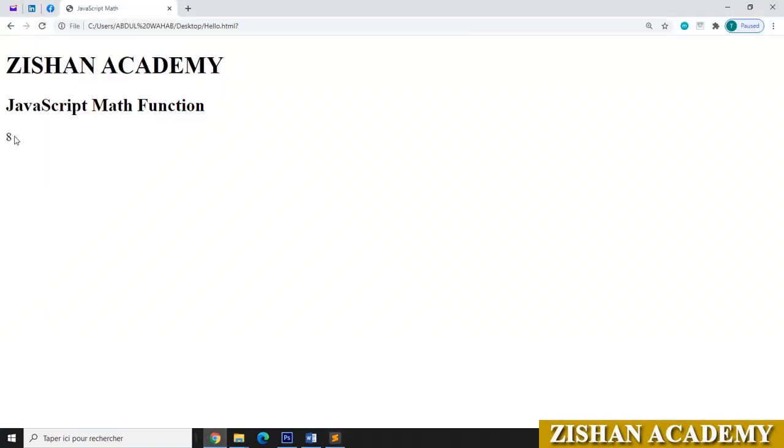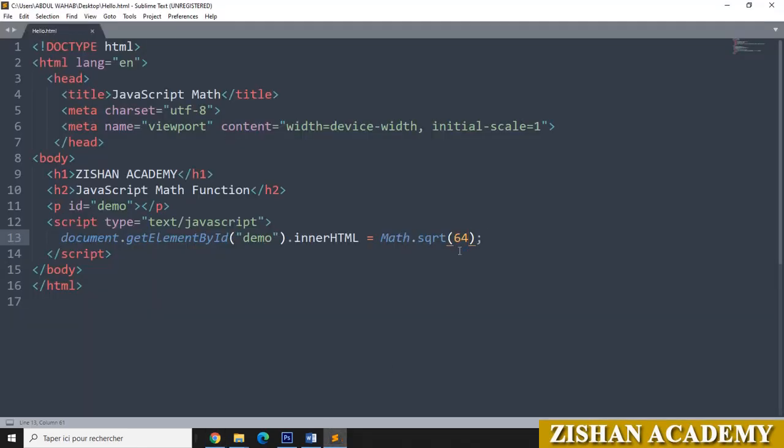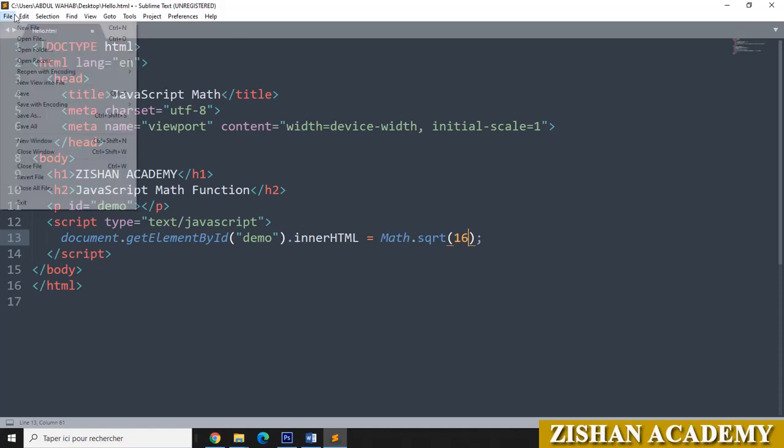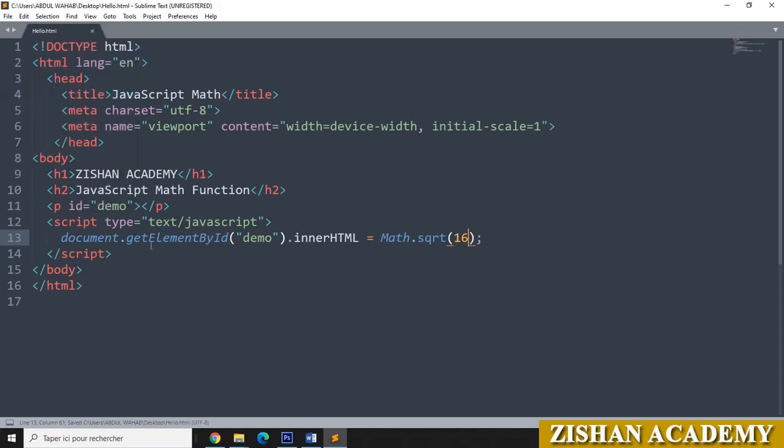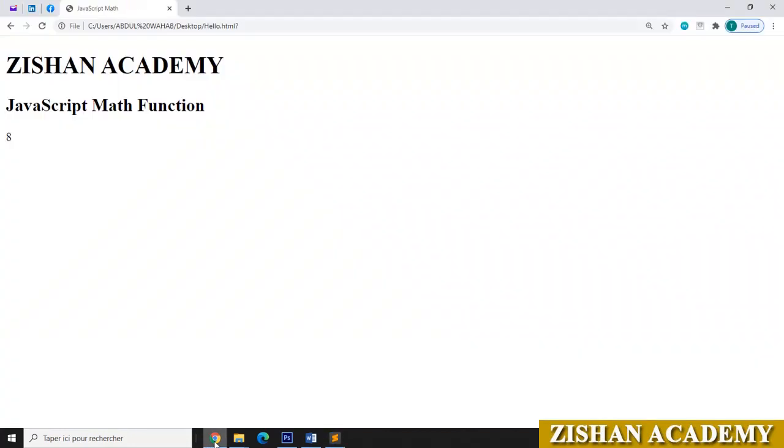You can see that we got 8. Like that, suppose if you go for 16, let us see what's the output we get. Go to file, save the file, refresh the browser. You can see that we got 4, that is 4 into 4, 16.